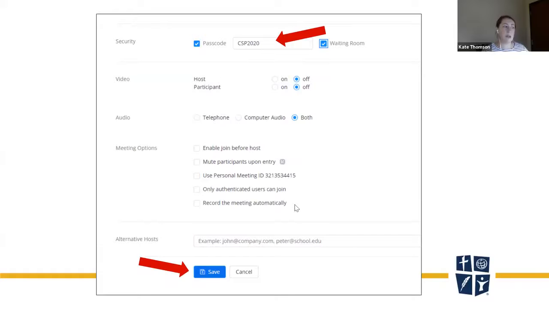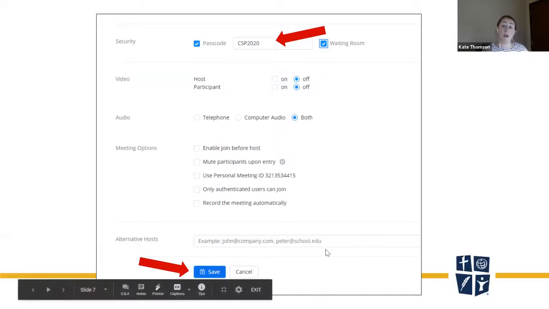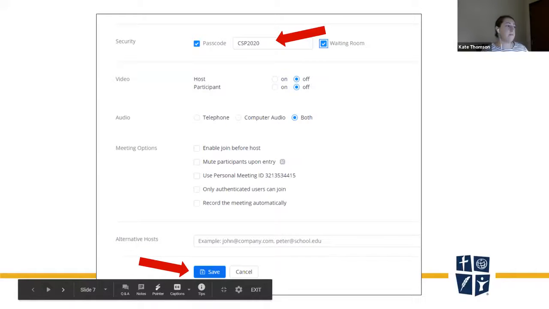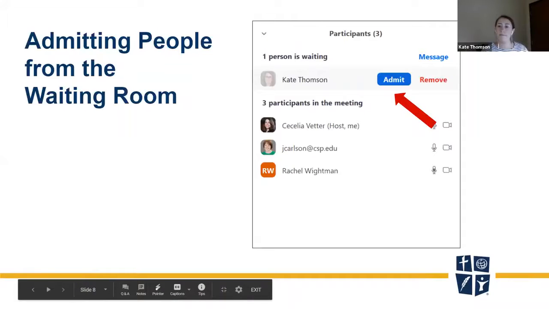There are a few different meeting options. If you want to have an alternate host, for example, right now Cecilia and I are both hosts in this meeting, so it means that we both have the option to share our screen and a couple more admin features. Then you click save and you're off and running.